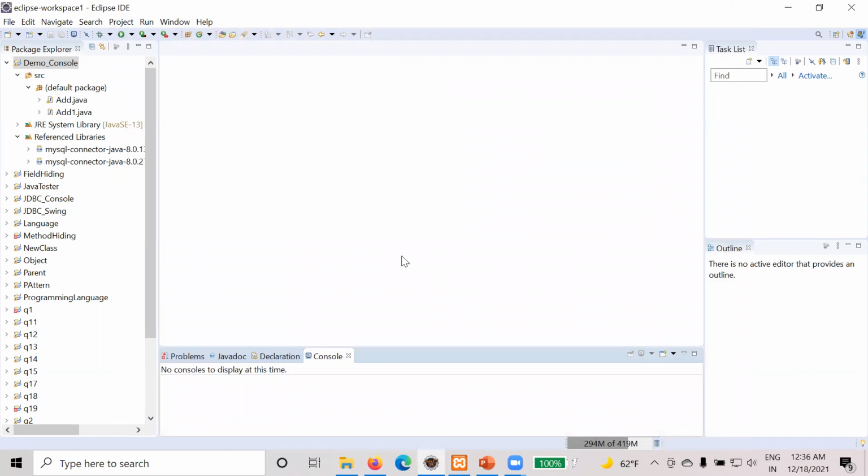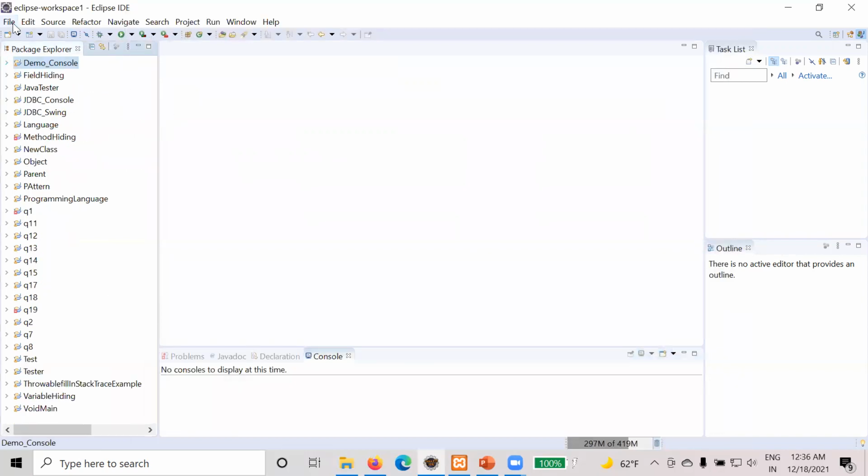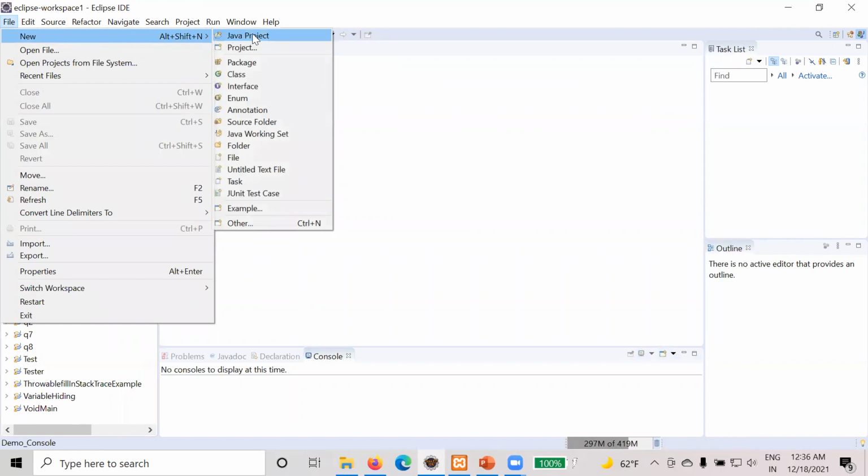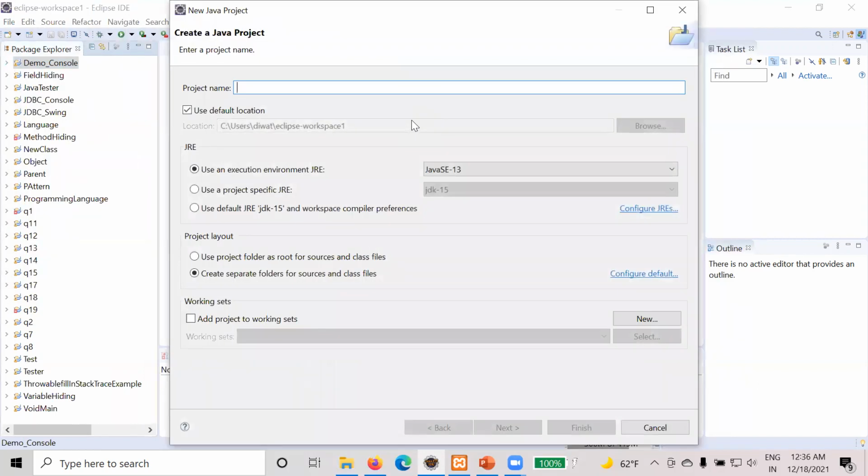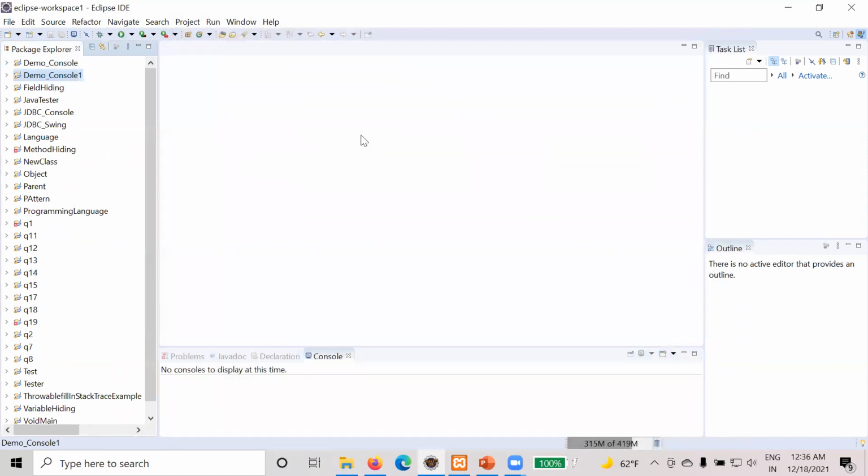Now the next step is we need to create one console application, from where you can add the details into your table. So how to create it? Simply go to New, then create a Java project, and here you can create a project named demo console 1, and finish.